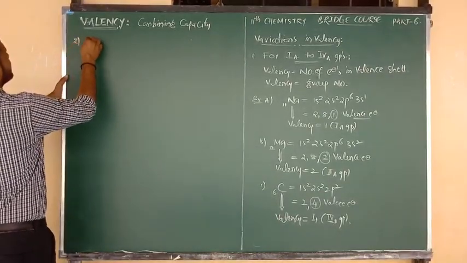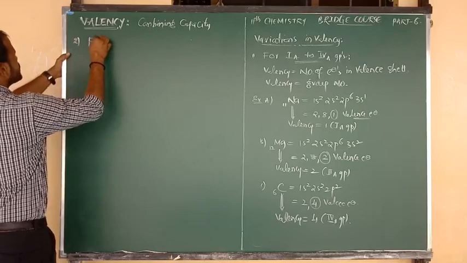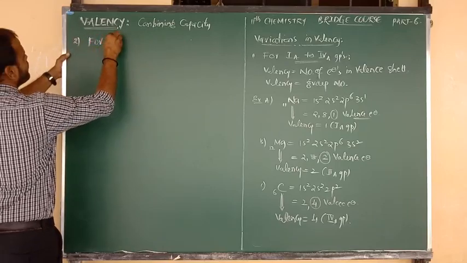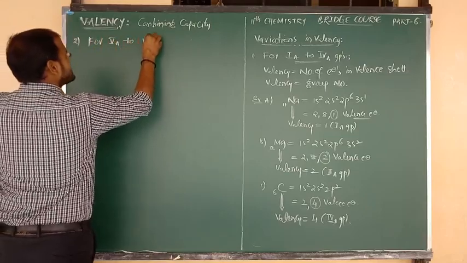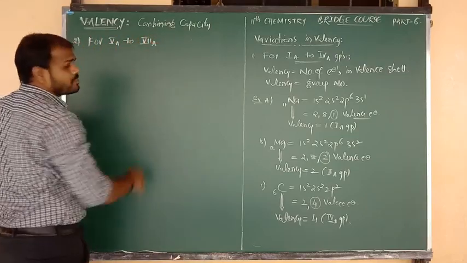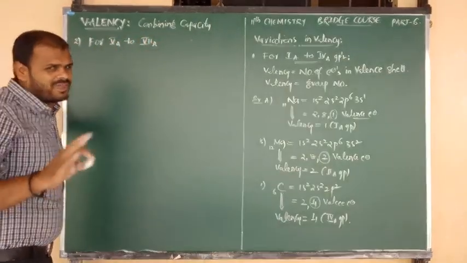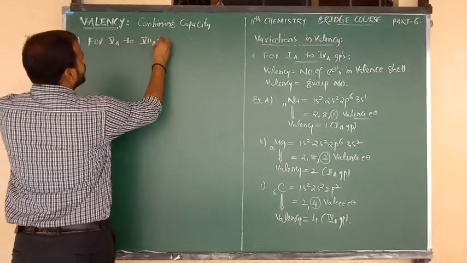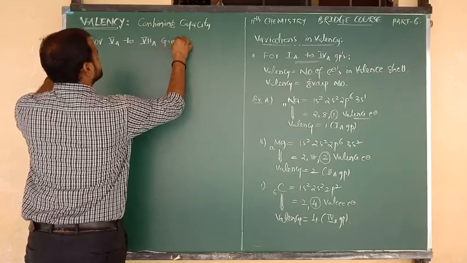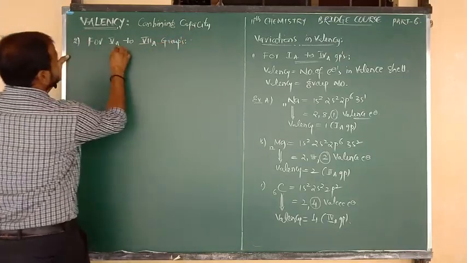Variations by a factor of 2. So this rule is applicable for 5A to 7A group. We can't say 8A group. 8A group means that is 0 group. We can't say 8A; that name is nothing but 0 group. So for 5A to 7A group elements,